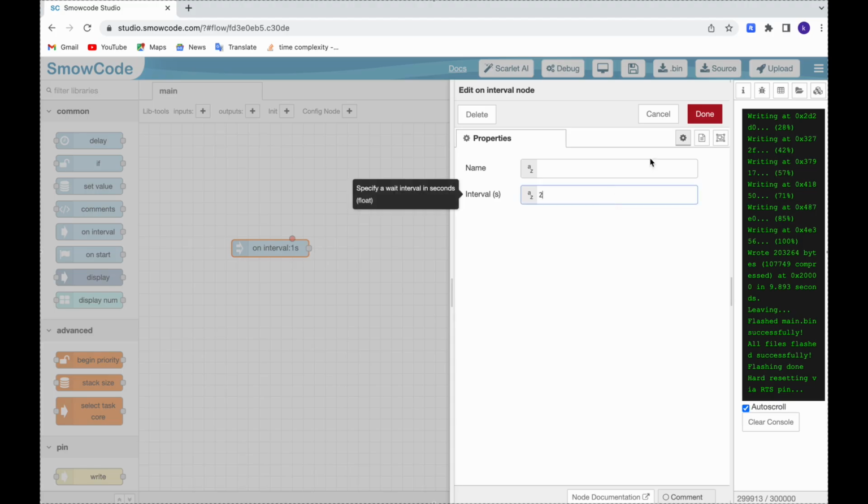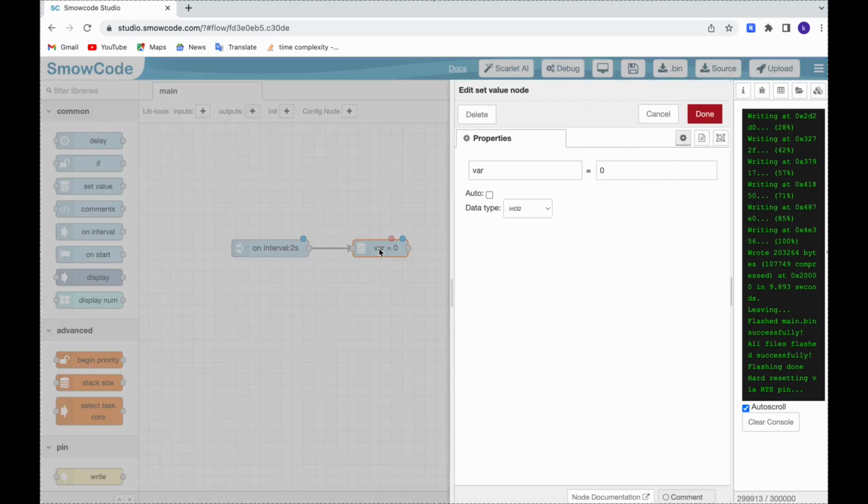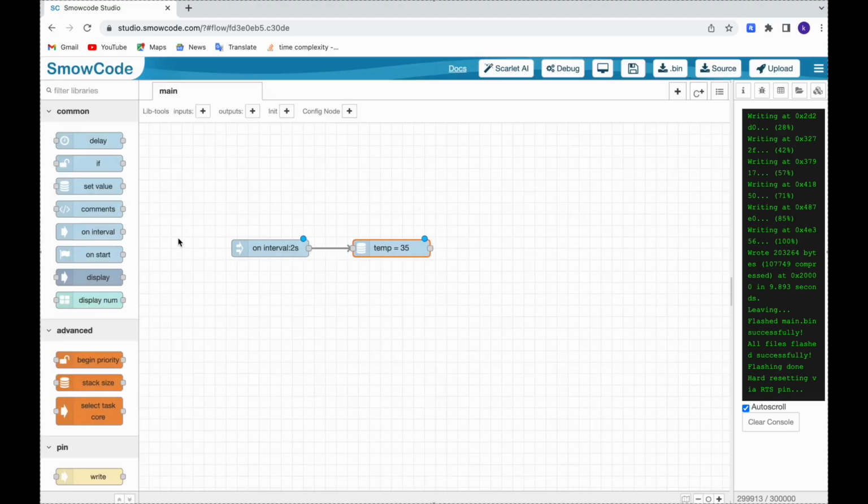I'm keeping the interval at 2 seconds, and let's connect that to a set value node which initializes a variable. Let's change the variable name to temp and let's initialize it to 35, and let's keep the data type as int32. Now let's connect